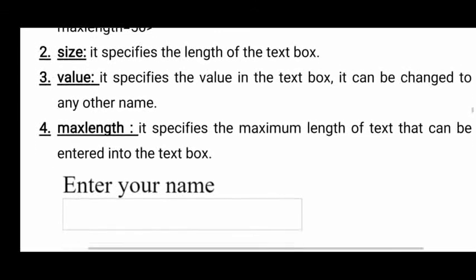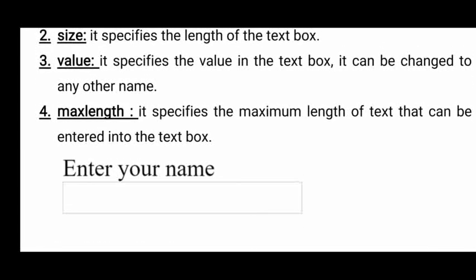Okay, now you can see here I have given a label as enter your name. Okay, enter your name, and whatever rectangular box is there, when one graphical user interface is there, one graphical box is there, that is created by using an input tag.